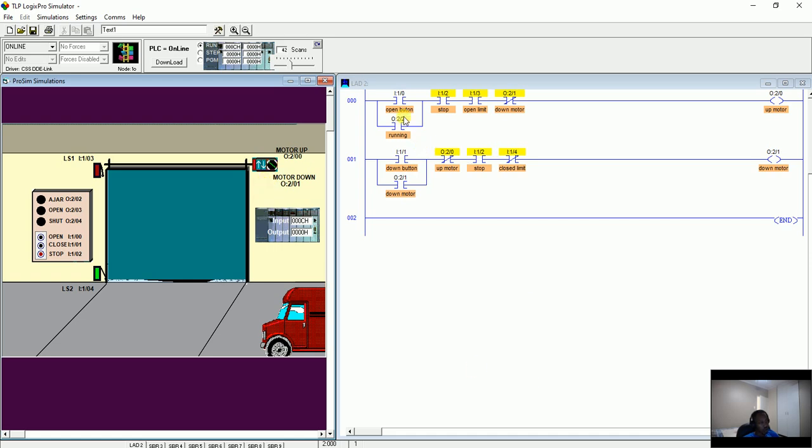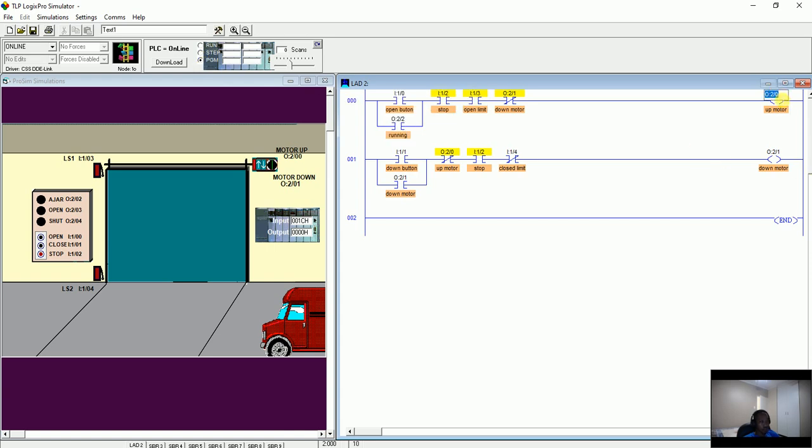Okay, so now my problem is that, remember, I have deleted that RAM which we used this output as a latching. So right now our door is not latching, because you can see that the power is actually flowing from here to the motor, but there's nothing holding it. So we need to have the hold-on contact. Look at the close, it's closing up until the limit has been made. So right now we need this